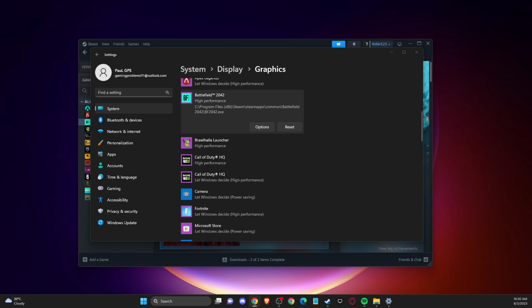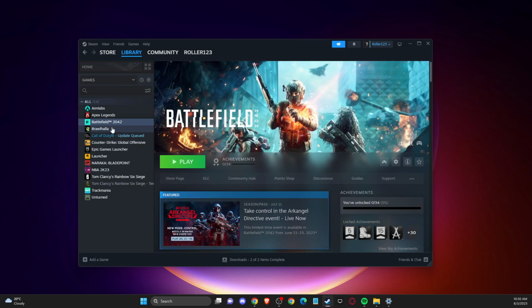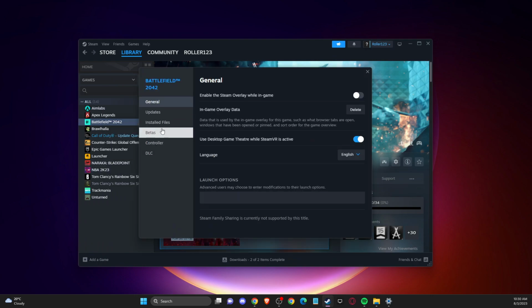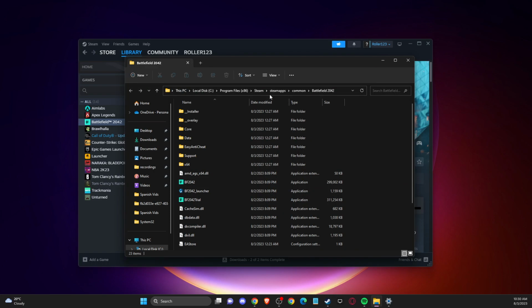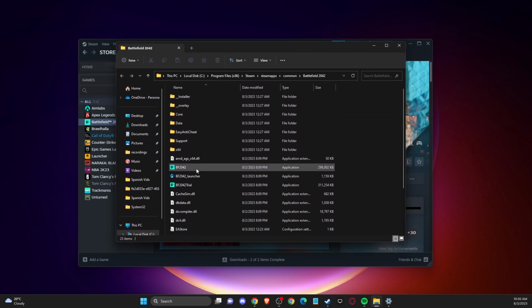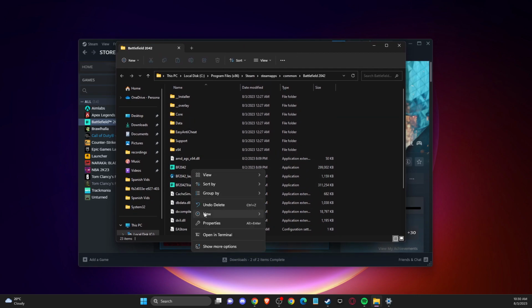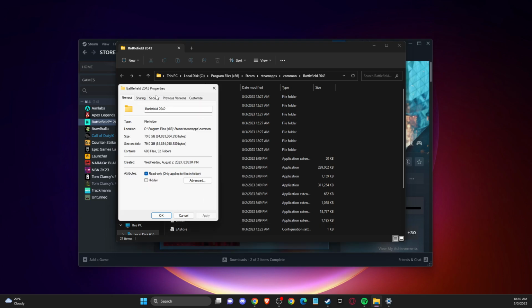And if the problem persists, another thing that you can do here is you need to go to the Steam again. Then you need to right click on the game, go to properties, then you need to go to installed files, browse, and here it should be something like this. And then you should find your Battlefield exe file here, and you just need to right click on it, go to properties, and